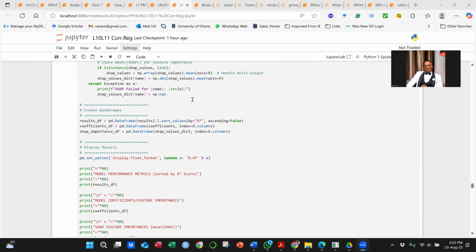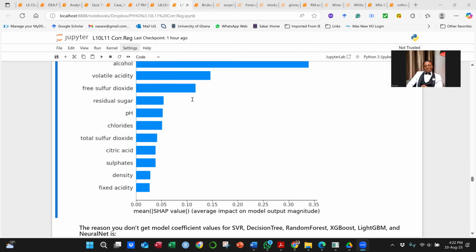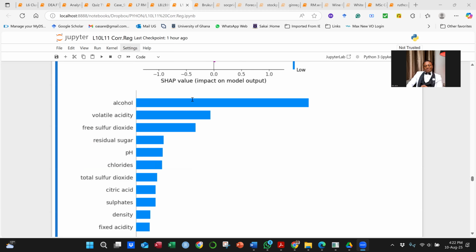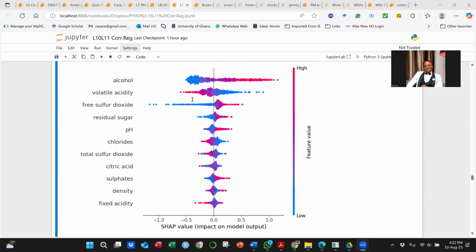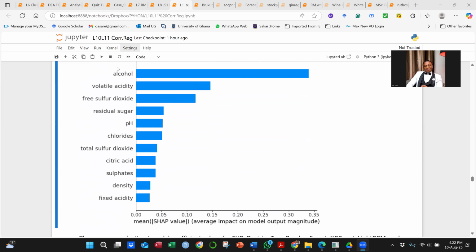Prof, kindly hold on a question. Yeah. Please, the Shapley importance, we did the first one, and then there is a second one down there. What is the one with the difference? The bee swarm, this one. After the bee swarm. Oh, it's the same thing. It's a repetition of the first one. Oh, okay. I was concerned. Okay, all right. Thank you.